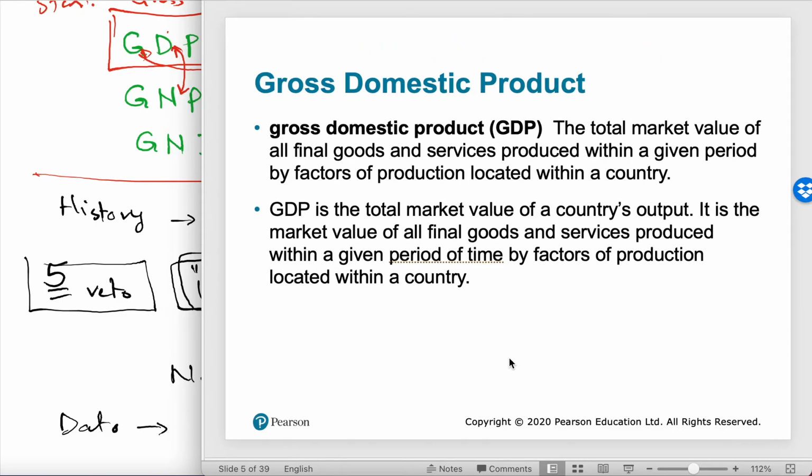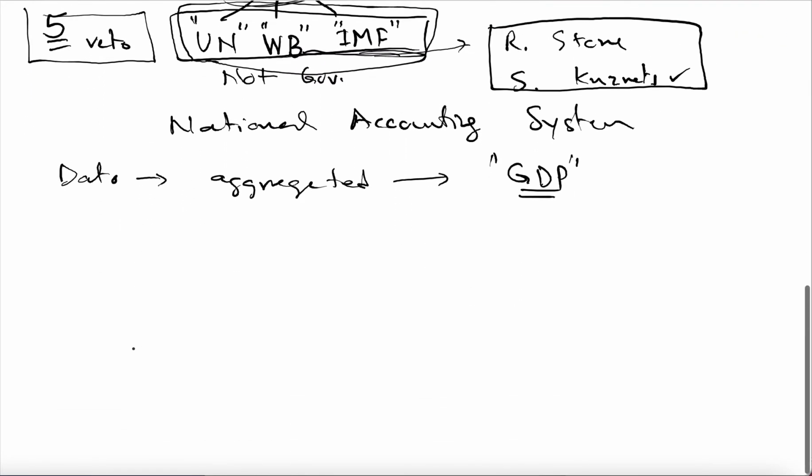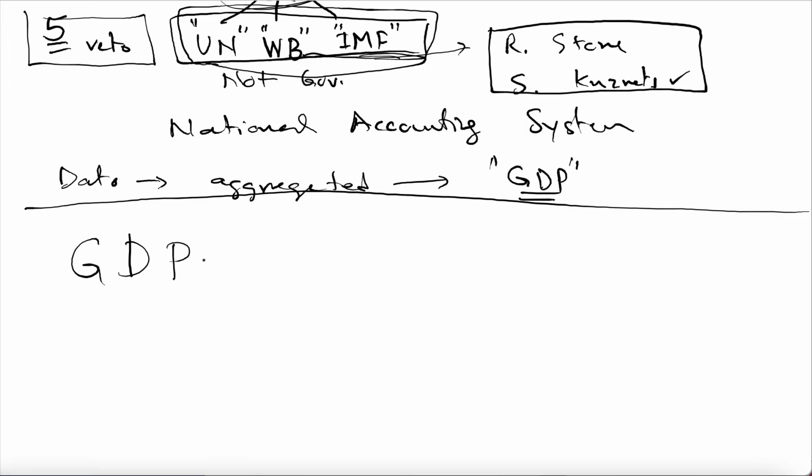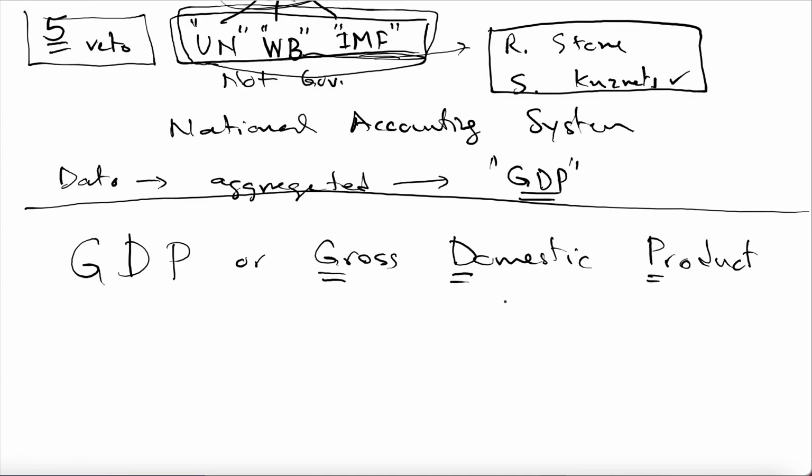So what is gross domestic product? So the question is, what is gross? So I said that the starting point is with the GDP. So we are going to explain first GDP, or gross domestic product. And each of these words, it's an acronym. Acronym means you take the first letter of each word and then you make it, gross domestic product.